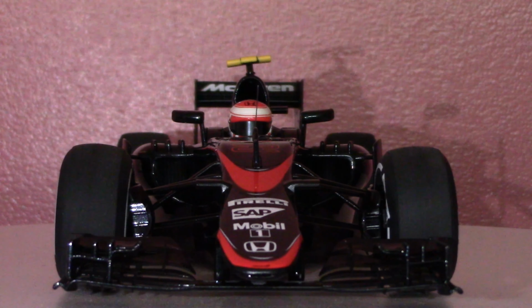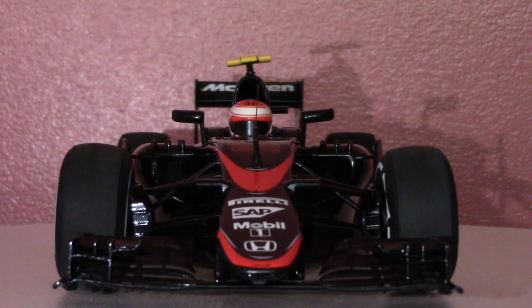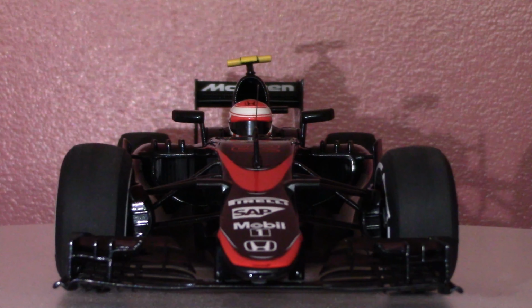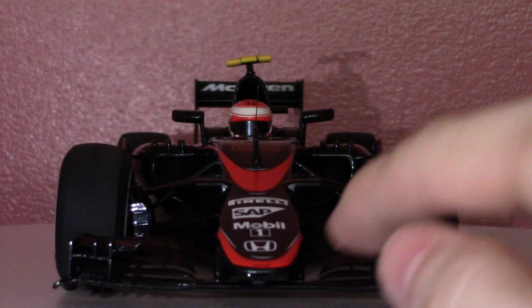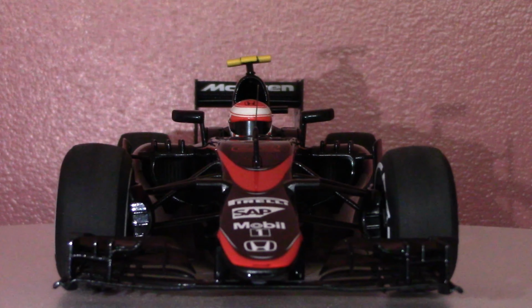On the cascades on each side. So that's pretty cool, and again, I'm very impressed with that. The main plane itself is actually subdivided into two separate flap elements, so we've got a lower flap there and then an upper middle flap there for what I would assume we could call the proper main plane of the